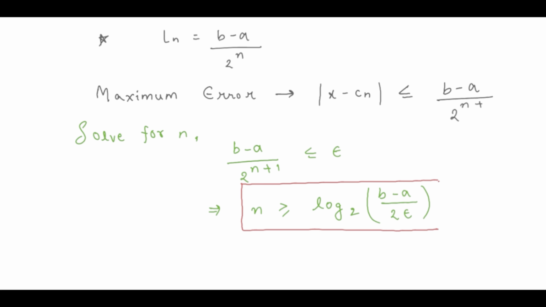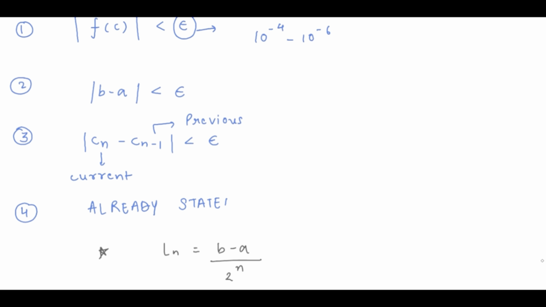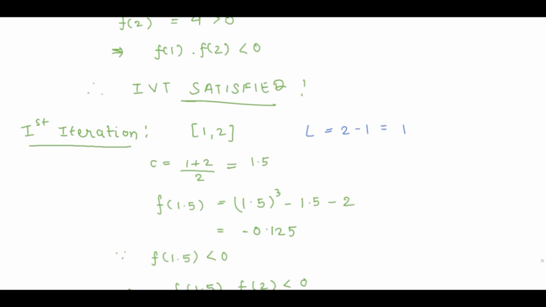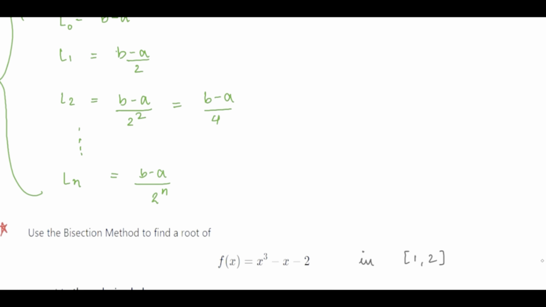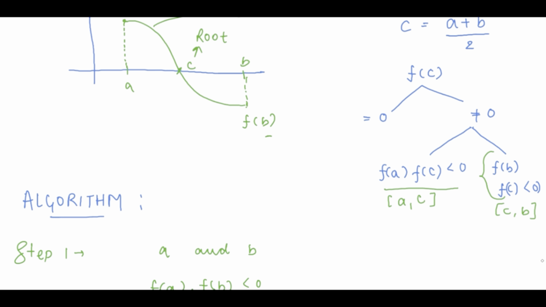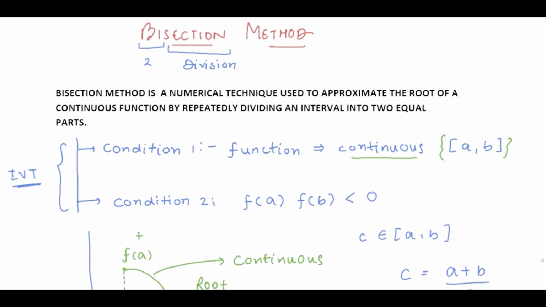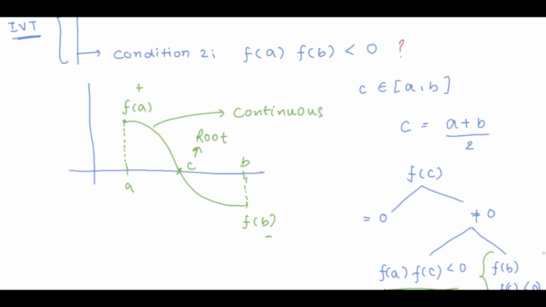So to conclude, whenever you solve a bisection method problem, always ask yourself these three questions. Does the initial interval satisfy f of a times f of b lesser than 0? Am I updating the current half interval after each iteration? And what stopping criteria does the question require? If you answer these correctly, you will avoid the most common mistakes.